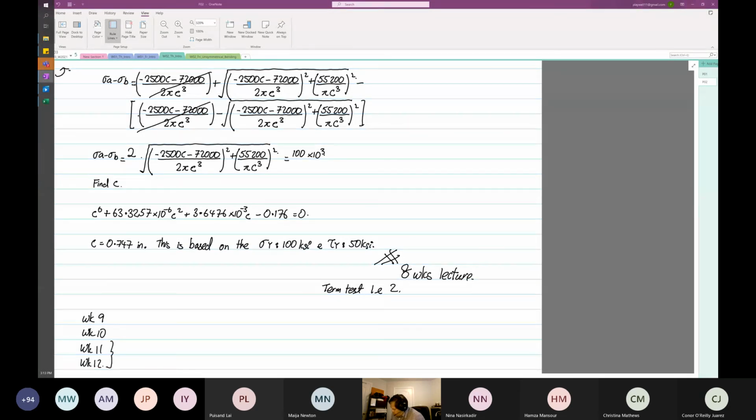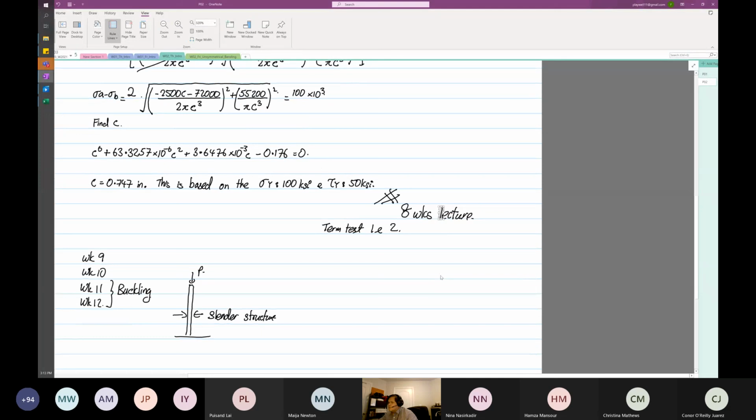Over here, we'll be dealing with buckling. Buckling is for structures that are very slender. We call this a slender structure, and you have a high normal load. How do you design your structure? Week 9 and week 10 is design of beams